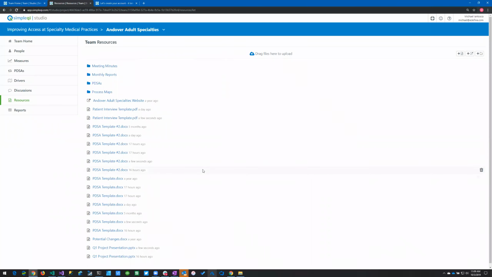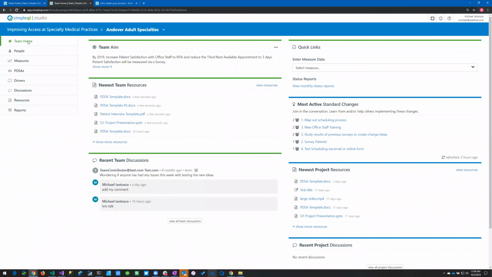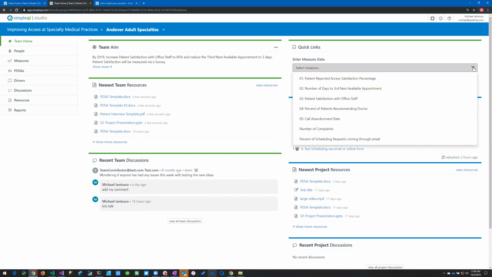So that's how we add resources. Now, in terms of entering data, there's a couple ways you can get to your measures. I'll go back to the team home. And over on the right-hand side here, there's a drop-down list of all the measures for your team. This will let you get into the data entry screen directly from here, so you don't have to navigate